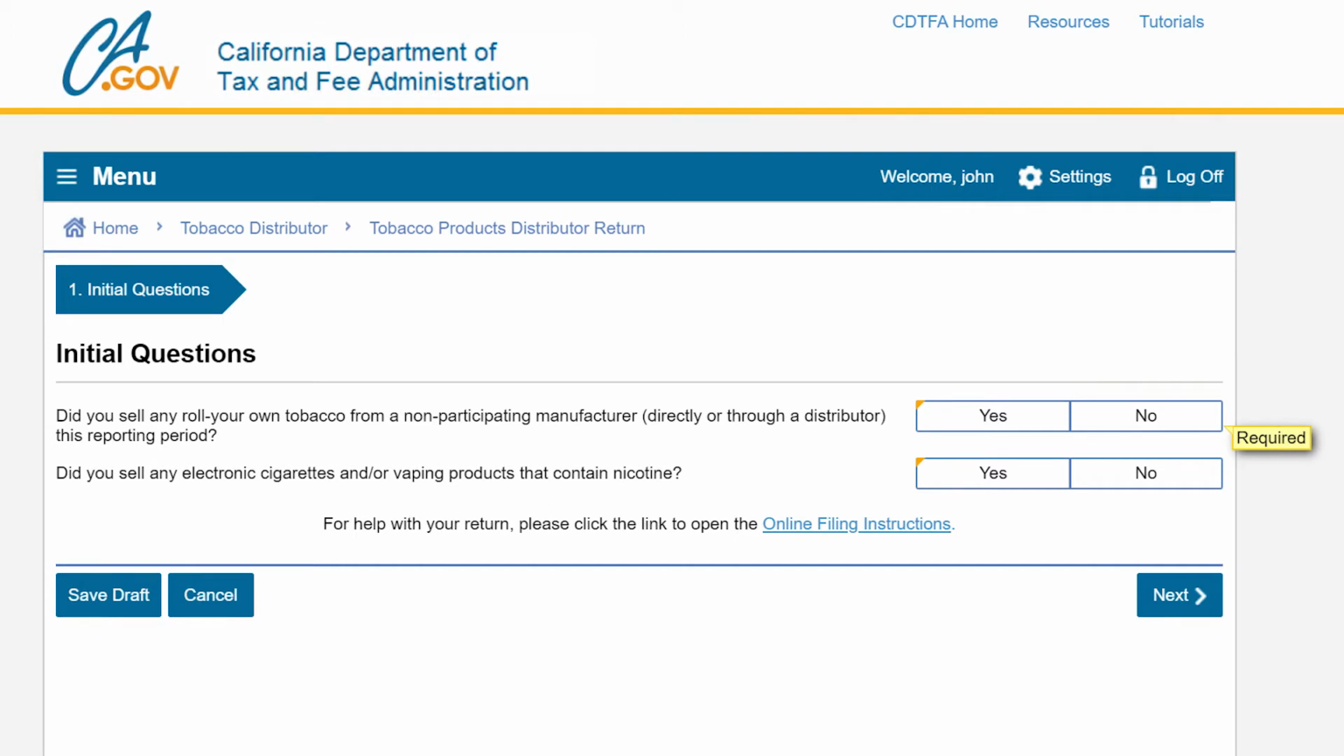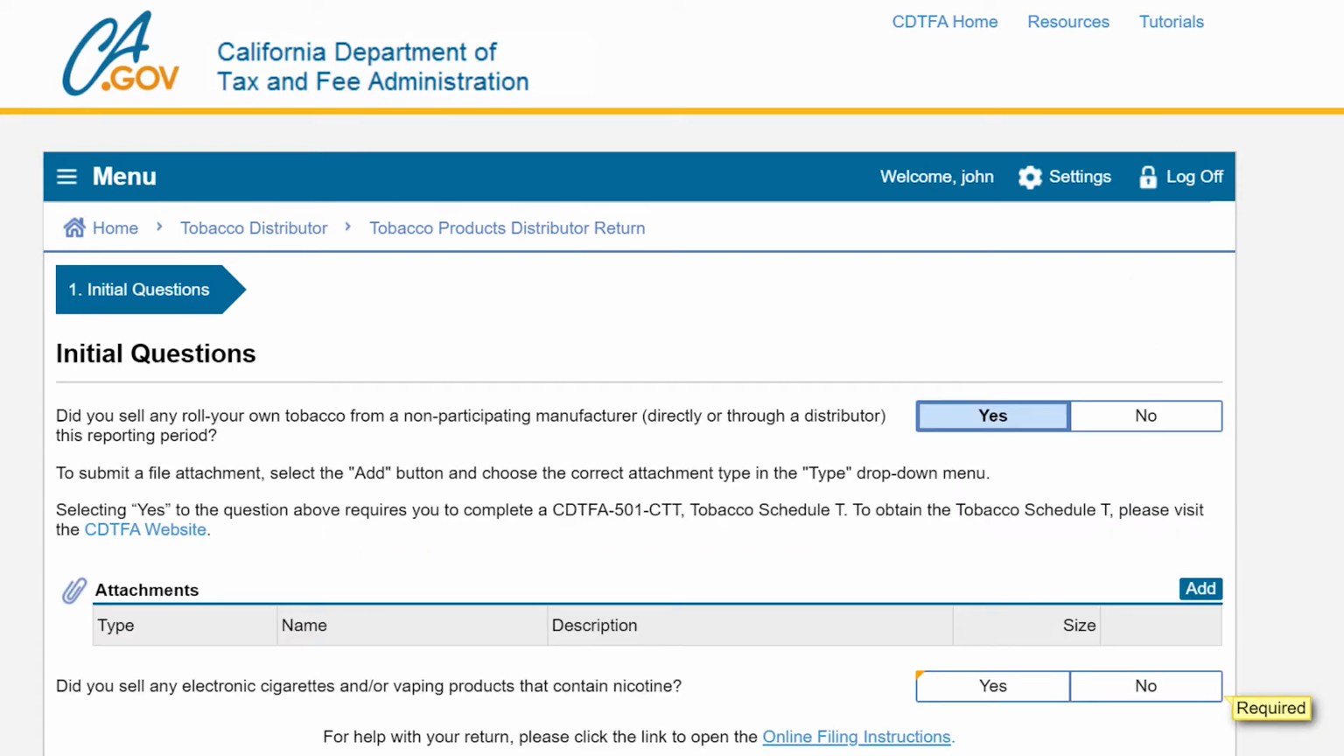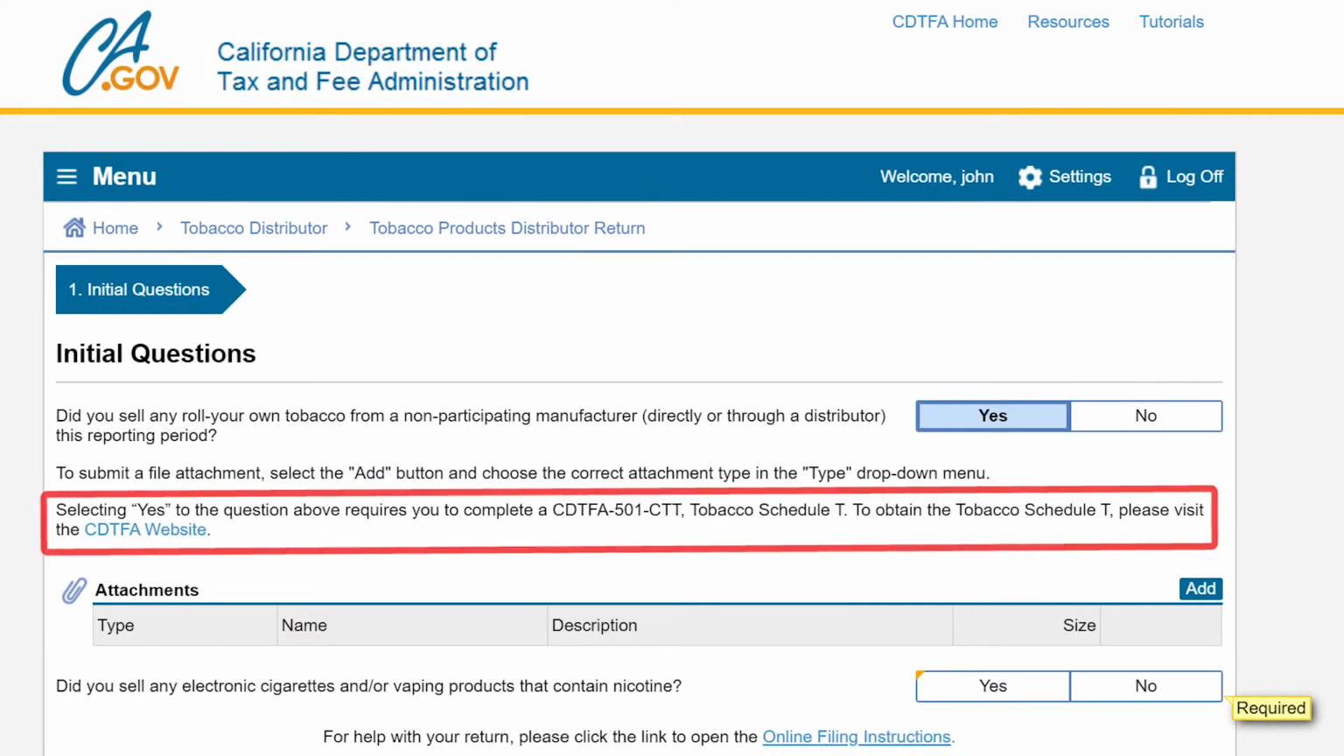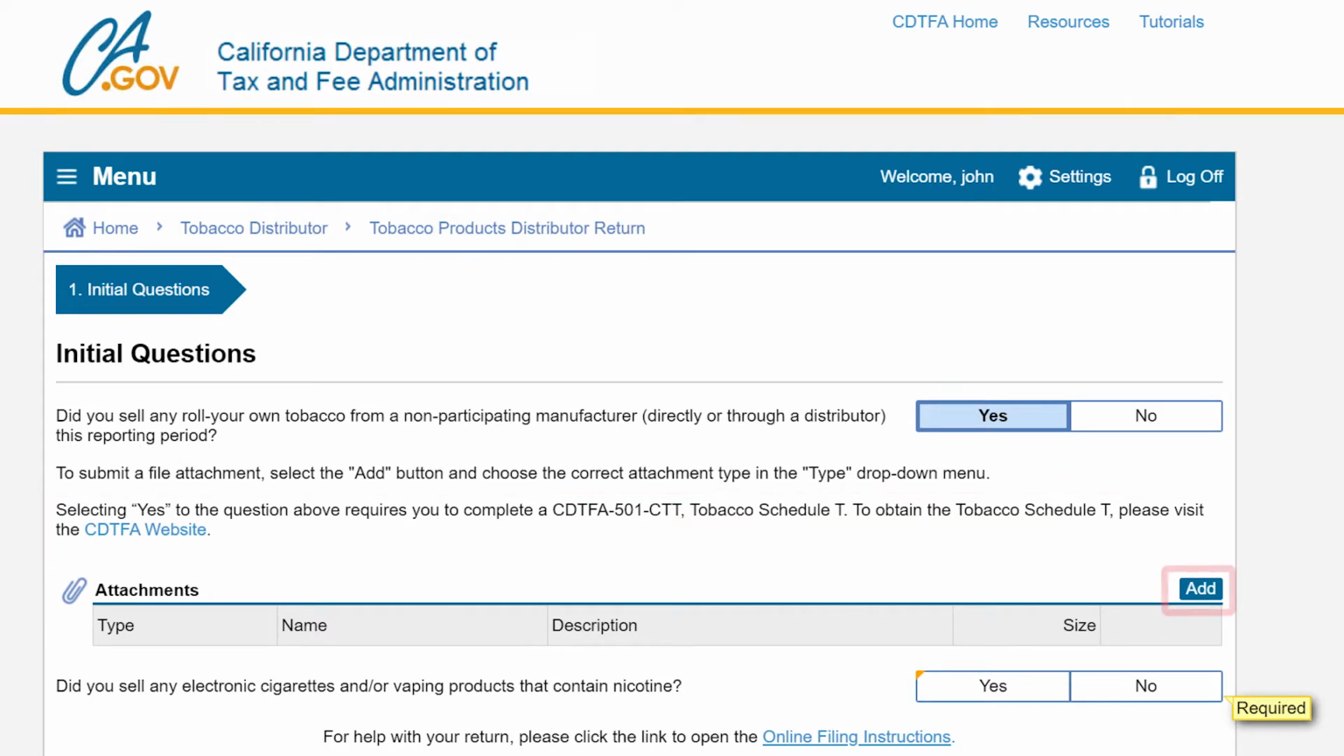sales activity. If you made any sales of roll-your-own tobacco from a non-participating manufacturer, directly or through a distributor, you will select Yes. You will then be asked to add a completed CDTFA 501 CTT Tobacco Schedule T as an attachment. For this example, we did not have any sales of roll-your-own tobacco from non-participating manufacturers to report, so we